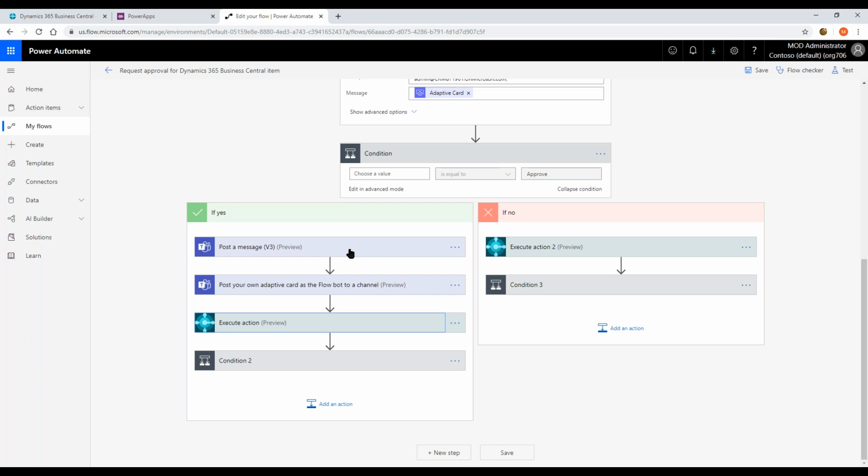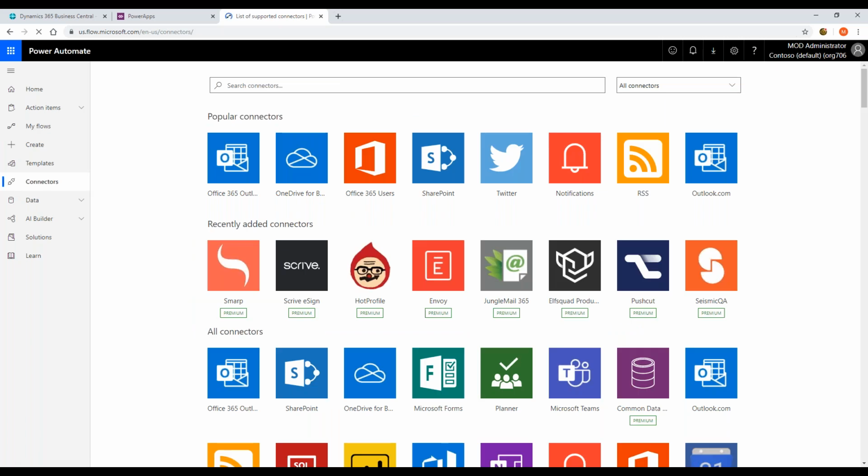Again, I don't have to do gymnastics in terms of programming. It's as easy as pulling the connector into my flow and configuring the connector. It's a great tool. I've done some experimenting actually with some data components, so other connectors that are available from within